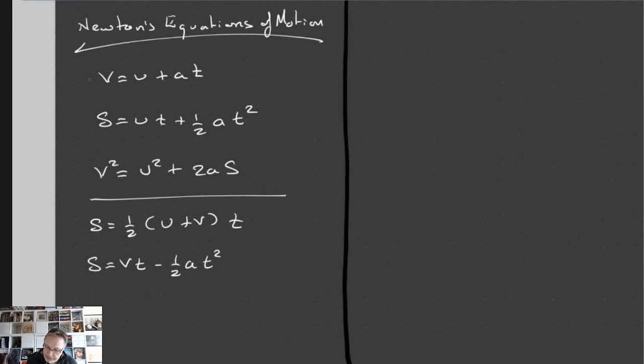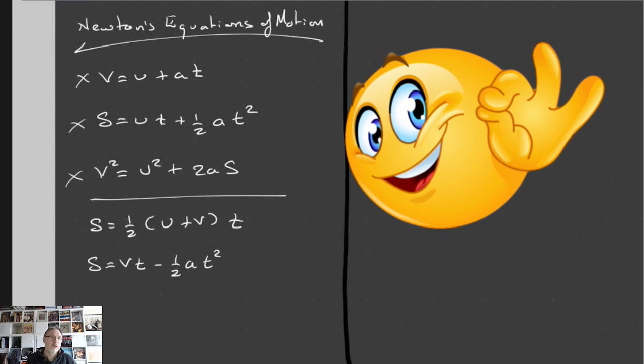These are the three that should definitely 100% be practiced. These need to come out of your head. You don't need to look them up in a formula book. You need to start with the definition of acceleration and just work on remembering v is u plus at, and then get used to following a sort of mental route to v squared is u squared plus 2as, s is ut plus a half at squared. That will serve you well with any